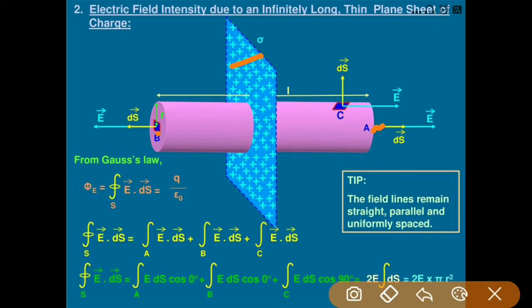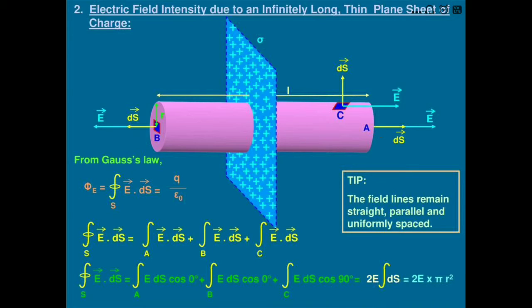Again, we will take the Gaussian surface, the closed surface. So this time I'm taking this cylinder, which is the Gaussian surface, and it just touches the point, this one. Some fraction of this charge sheet is enclosed by this Gaussian surface. So again, let us find the value of the electric flux. Again, we will apply the Gauss law: phi is equal to closed integral E dot ds is equal to Q upon epsilon naught. So first we have to find out the value of closed integration E dot ds.